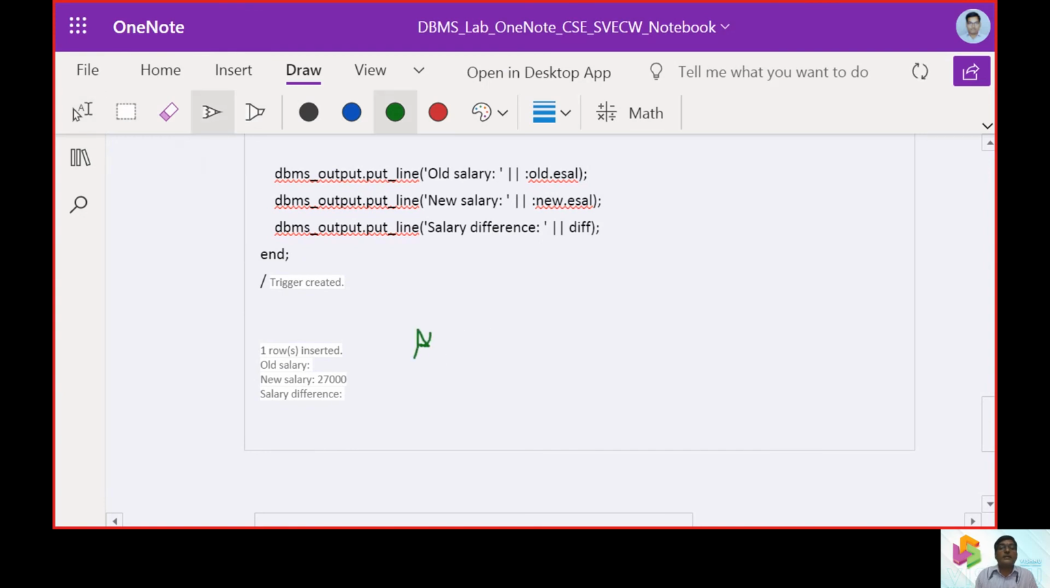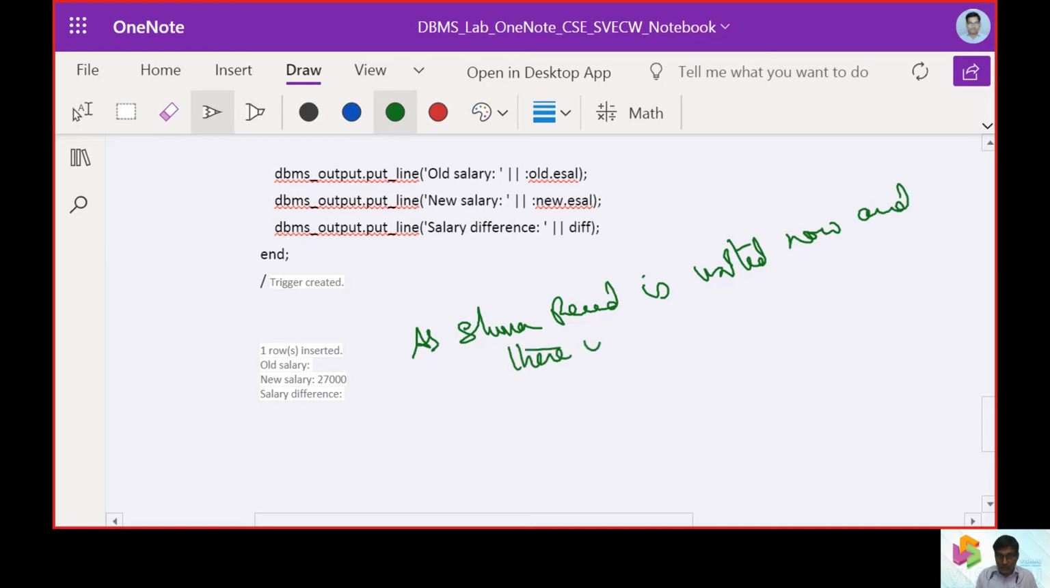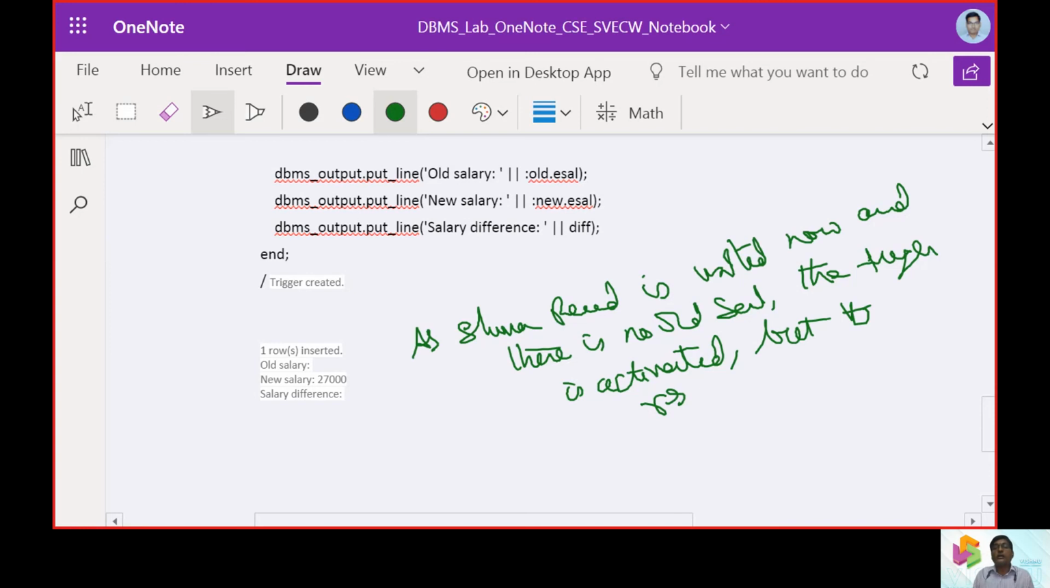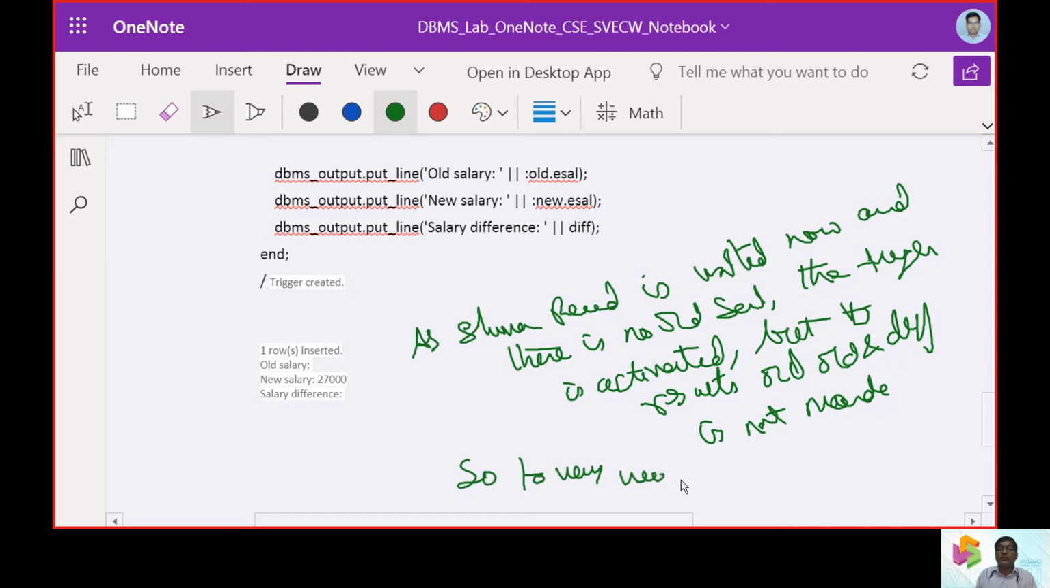So as the Shiva record is inserted now, and there is no old salary, the trigger is activated, but the results of old salary and difference are not made. So to verify, we will